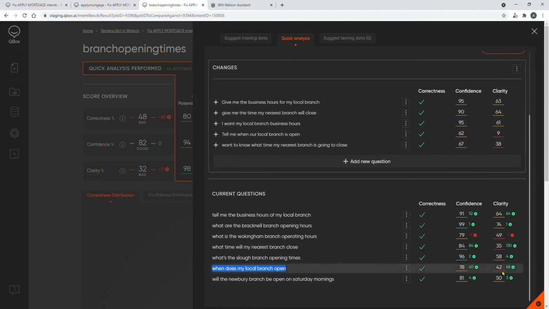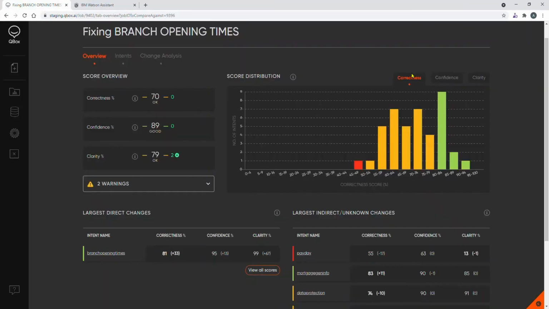So I'm pleased with all of these results, and now all I need to do is go back to my Watson model and copy over each of these changes. I will still need to run a full test in QBox to validate all those fixes for real and to see the impact on the rest of my model. So I downloaded a fresh JSON file from Watson and I ran a new test in QBox, and here's the